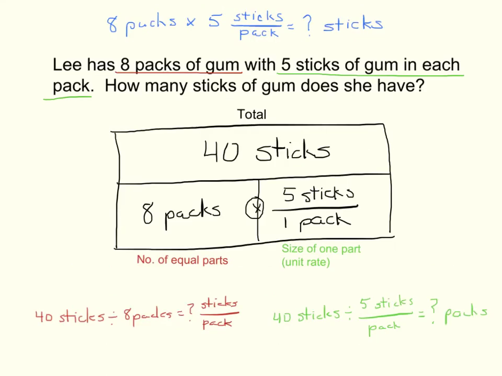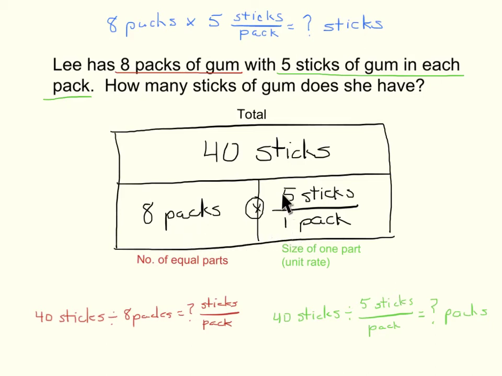As you're working on these fractional unit rate word problems, it might be helpful to go back and look with students at some of the earlier kinds of multiplication problems they have worked with, where they've been using a unit rate, they just might not have realized it. In this word problem, Lee has 8 packs of gum with 5 sticks of gum in each pack, there's the unit rate. It was a whole number unit rate, and the students probably were very comfortable thinking about 8 times 5 equals 40. What they maybe didn't realize is what they were really doing was 8 packs times 5 sticks of gum per